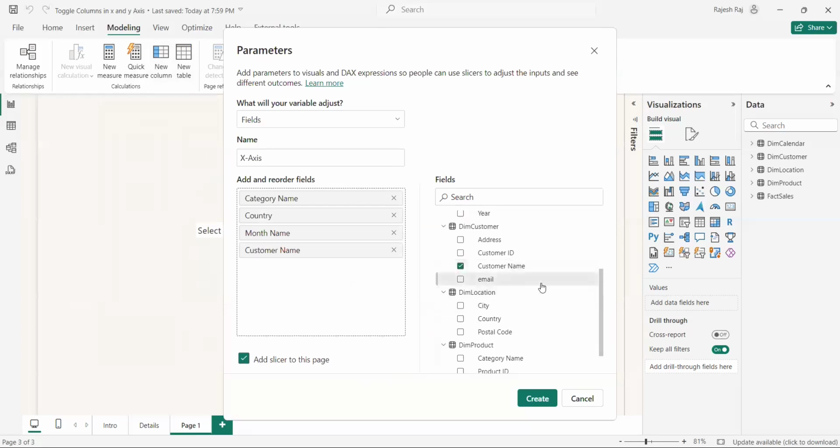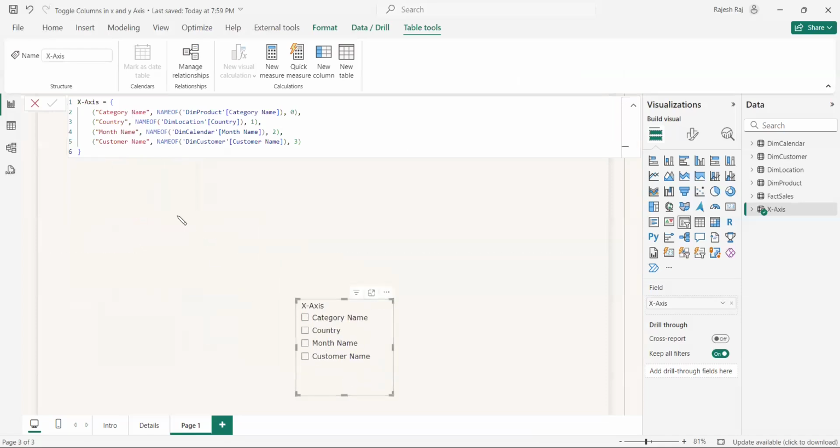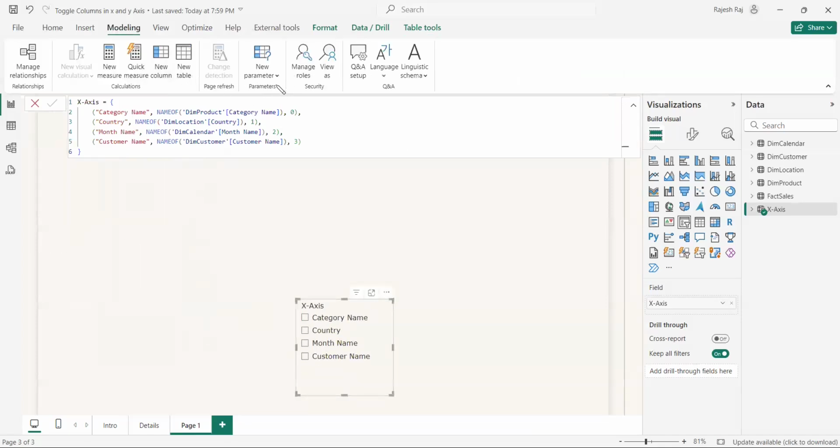Customer name will be lots of customers, so it will be difficult to plot it in the bar chart. So anyway, we will take it also and we will create it, and we got a slicer, and this is for x-axis, and we will take another field parameter, go to modeling, and